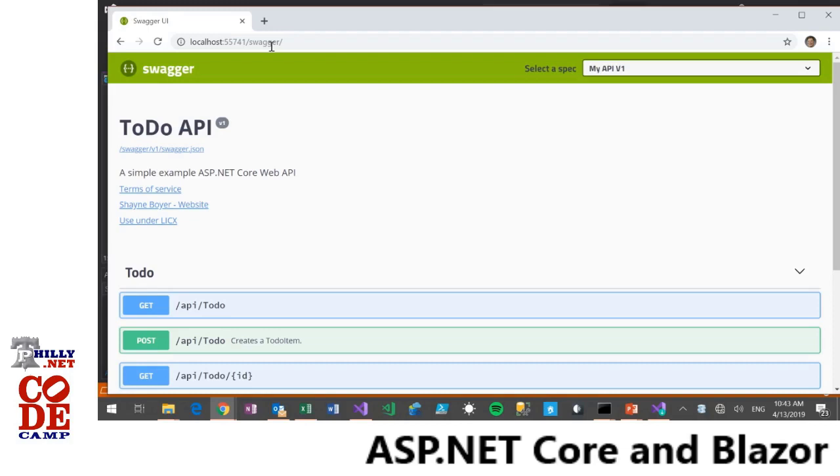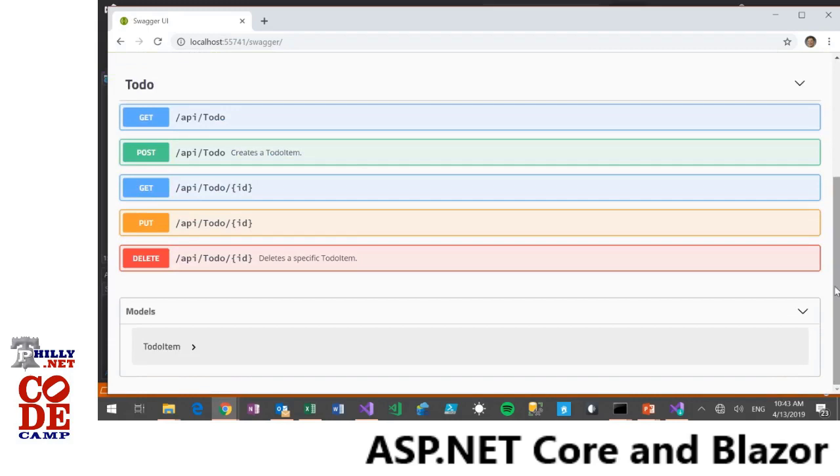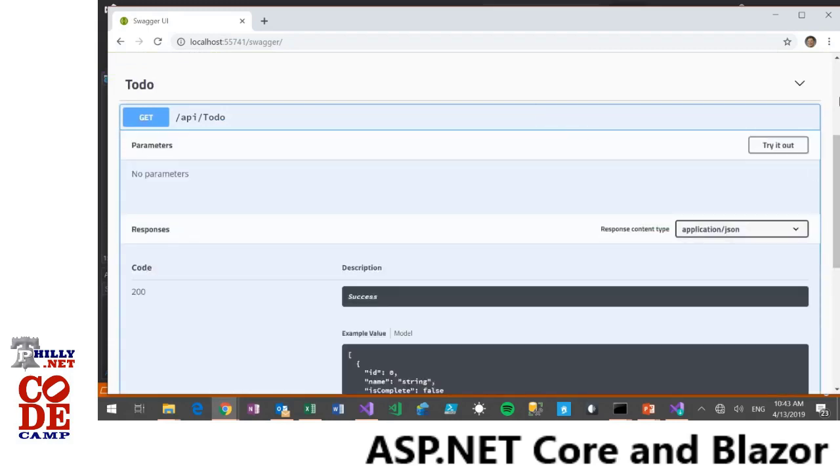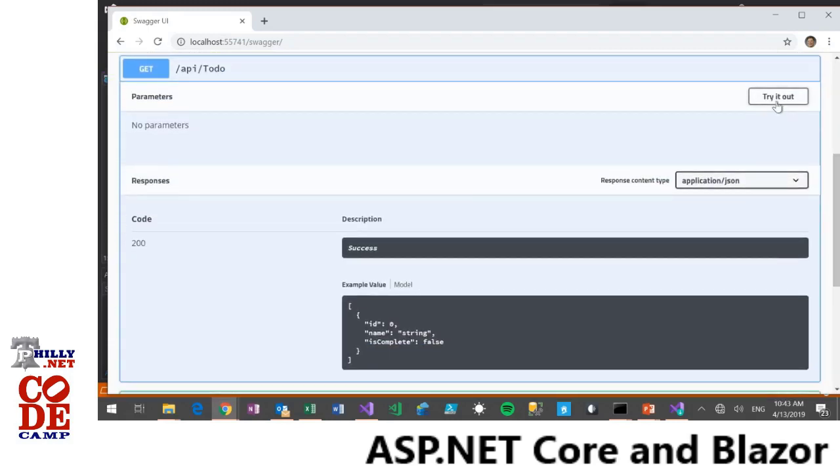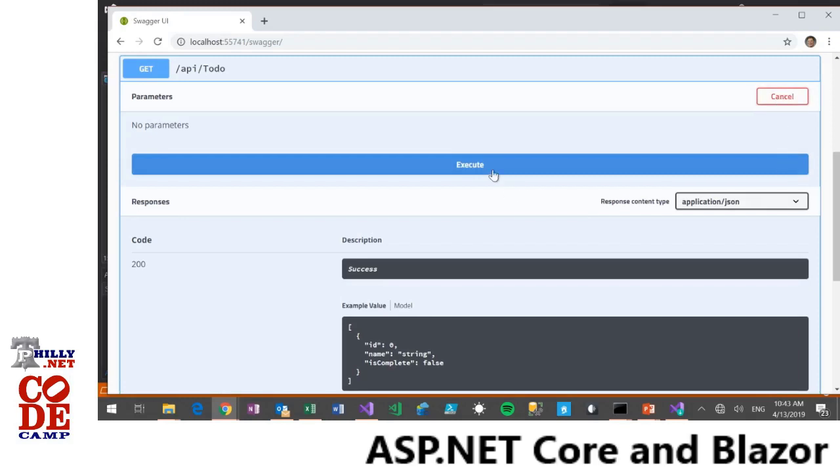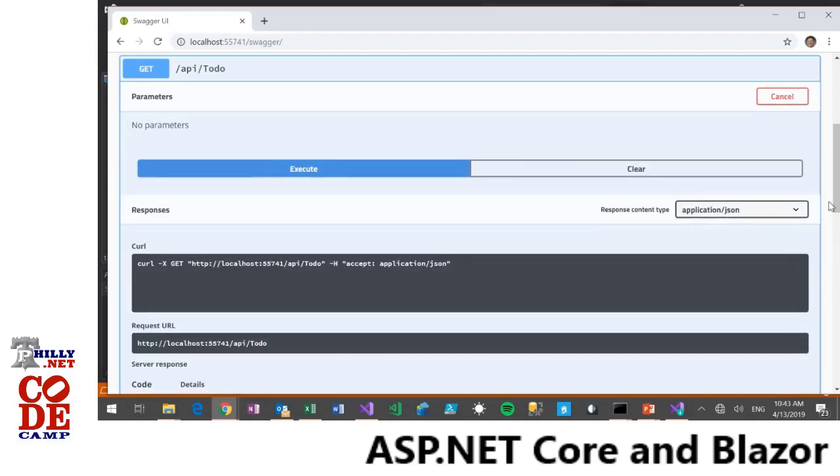What Swagger does in the world of APIs is it automatically generates documentation and a testing framework for any API that you create. So in this case, I showed you a web API called ToDos. It automatically generates this page. You don't have to write this. And this is really useful. So remember, it said it'll go and get all the items. Well, let's try it. See where it says try it out? That's pretty straightforward. And if we execute it, it comes back and it says,